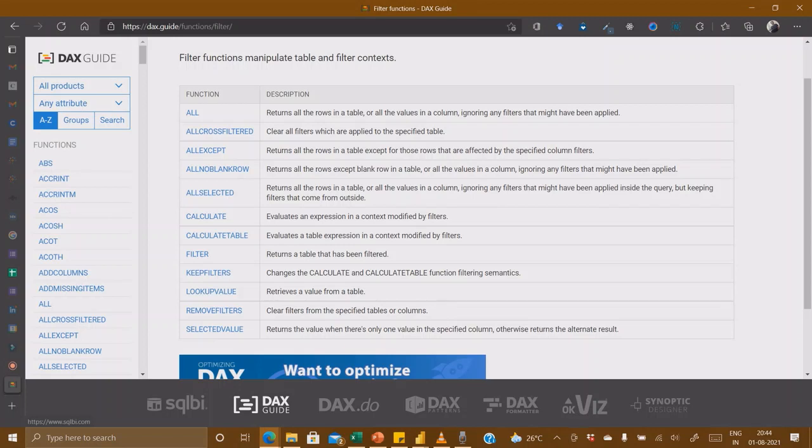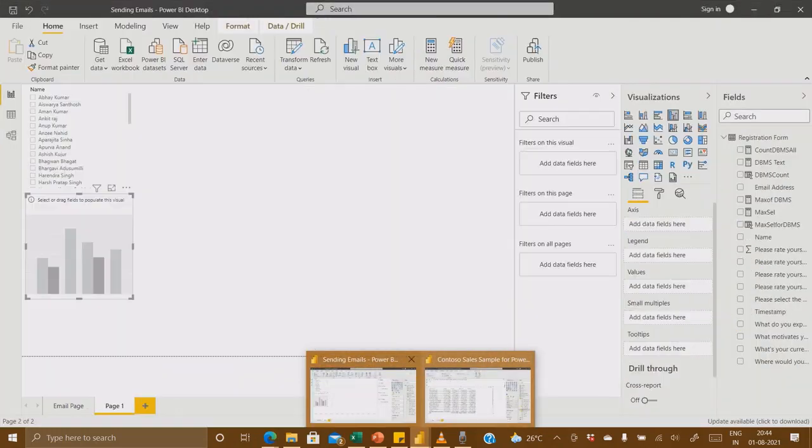Here you can see CALCULATE is present. So CALCULATE is a powerful function which can edit the filters. The thing to mention here is which type of filters it will edit or modify.